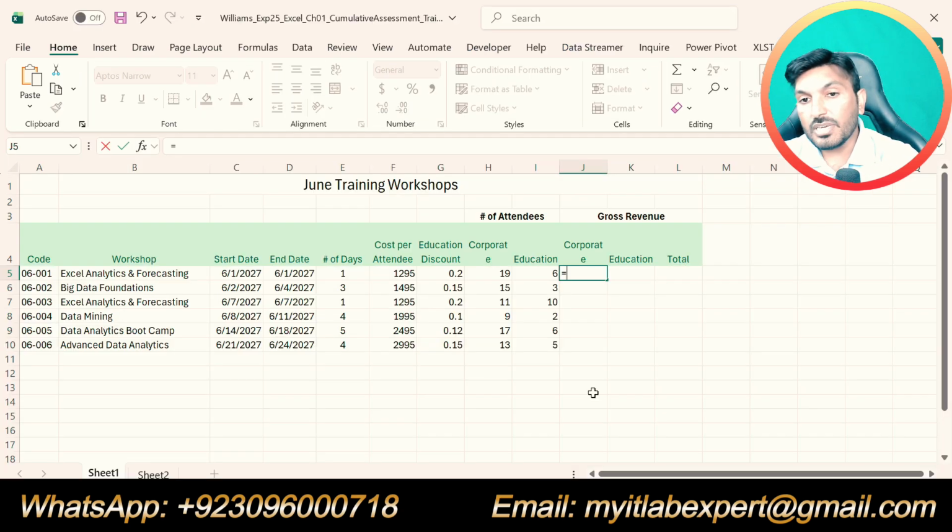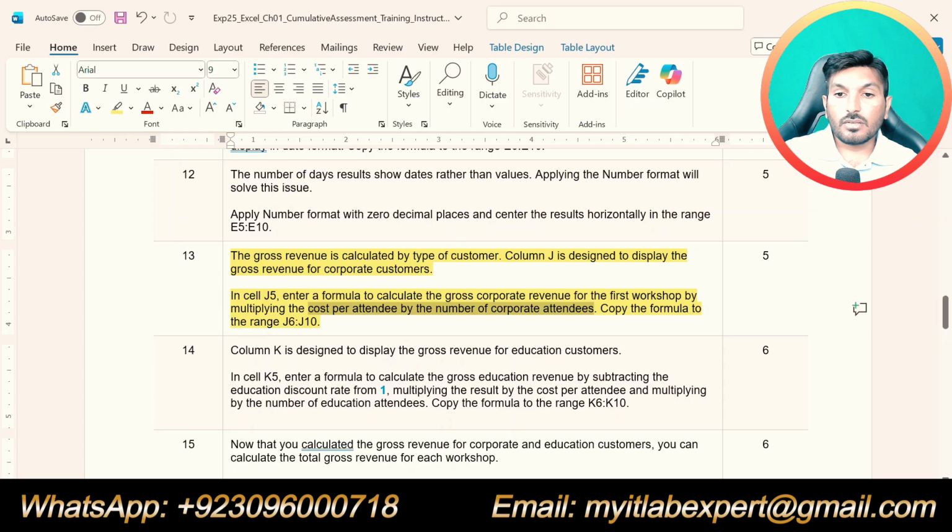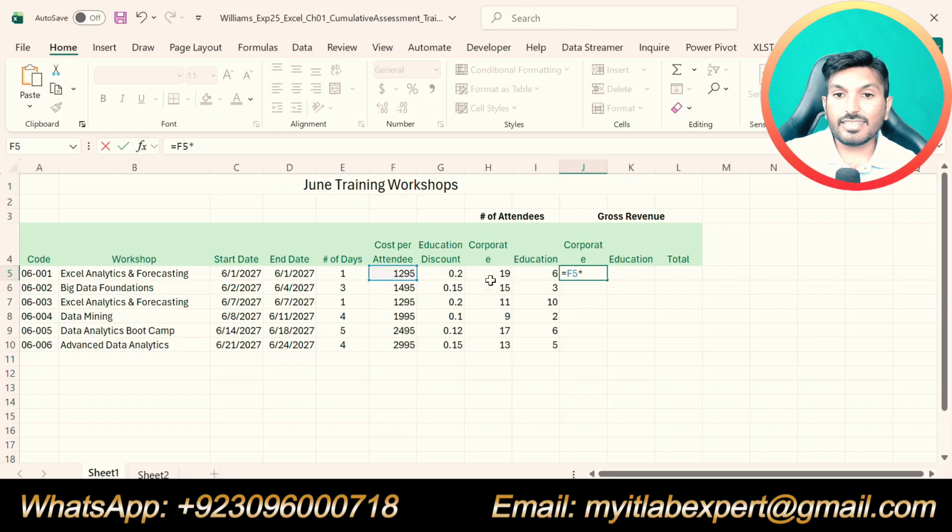So we will type equal sign and we will select cost per attendee for the first workshop. So cost per attendee for the first workshop is given in cell F5. Okay. We will multiply this with corporate attendees. So corporate attendee is given here, H5.